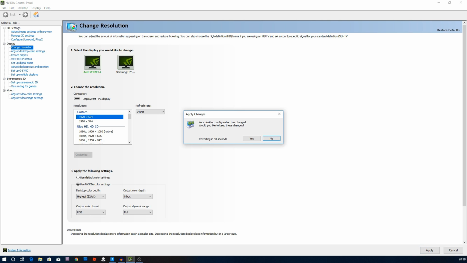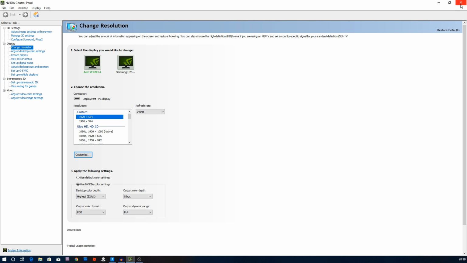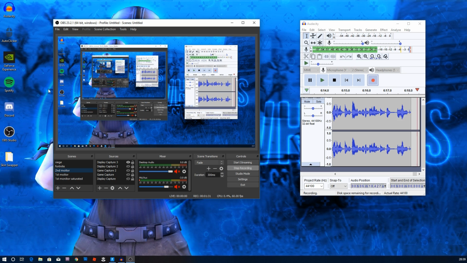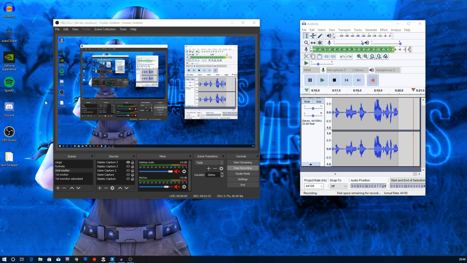What this will do is, you won't be able to see it just yet, but it should change your game on your other screen. So I'm going to hit yes. And now you're done with this, so you can close this down once it does its thing. So I'm going to hit close, and now you can see I'm back on my second monitor. However,